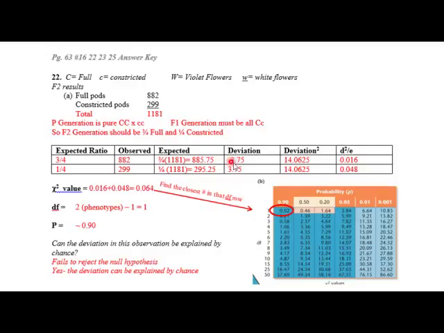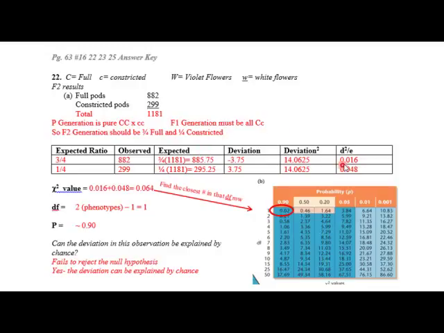Then you take observed minus expected. In this case, that ends up being a negative 3.75. And again, observed minus expected down here gives you a positive 3.75. Then you square this number, and that gives you your deviation squared. So here it's 14.0625, and you do that in both cases. Then you take your deviation squared and divide it by your expected. So this 14.0625 divided by